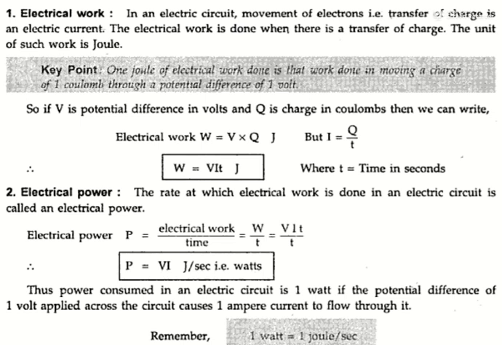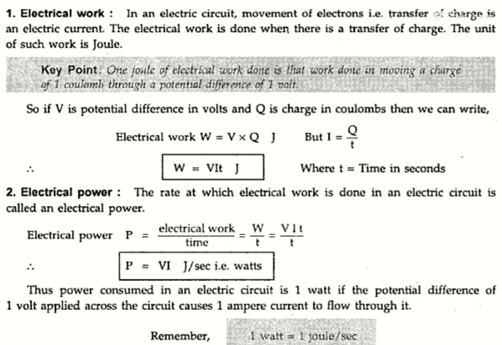The electric work is expressed with letter W. So P is equal to W by T. Again we have seen that electric work mathematically is V into I into T, and the electrical power P is equal to V into I into T upon T. T gets cancelled. So P is equal to V into I joules per second, that is watts.